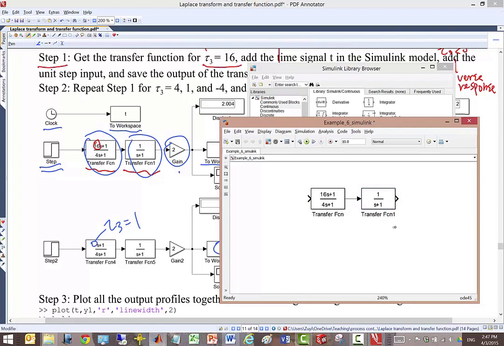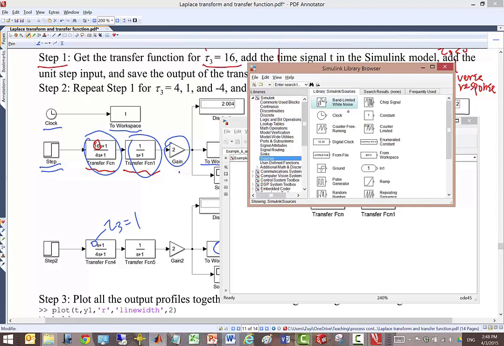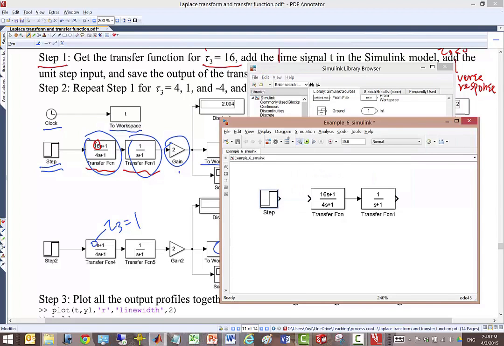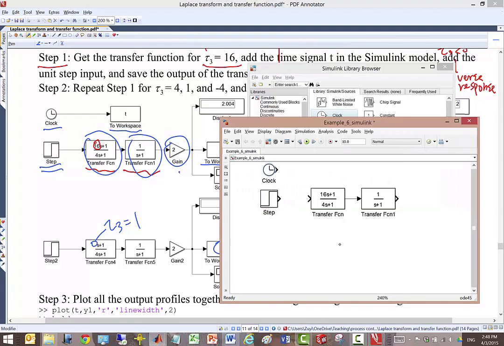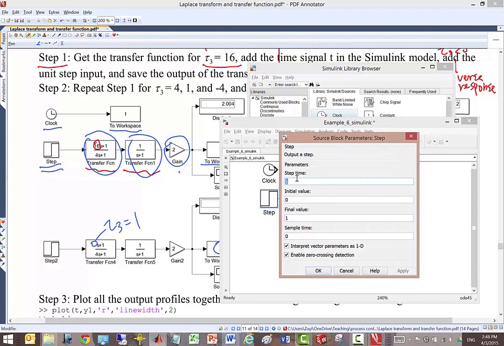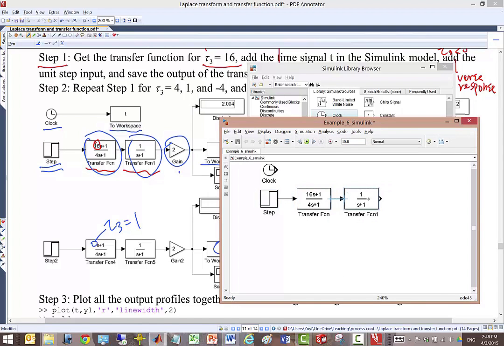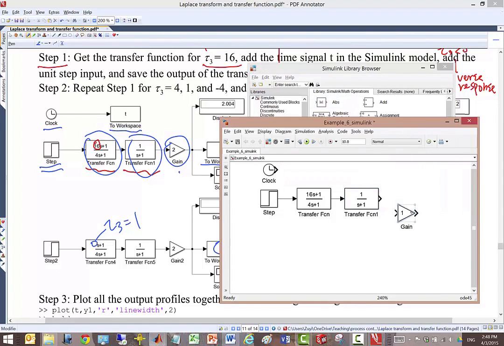So this one we don't need to do anything. And then we add the step source. Here we get the step. At the same time, we also add the time signal, the clock. Okay. And then this is a unit step change, so step time is 0, initial value is 0, and final value is 1. Okay, so this one is done, but we need to get the gain 2, right? Because in this case it is 2, so we add the gain here, in the math operations. The gain here is 2,